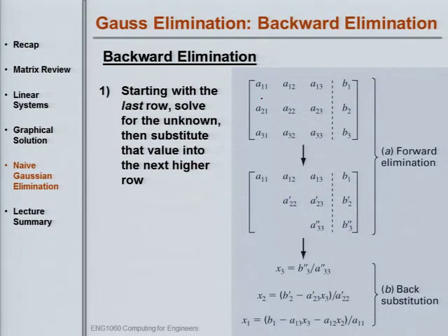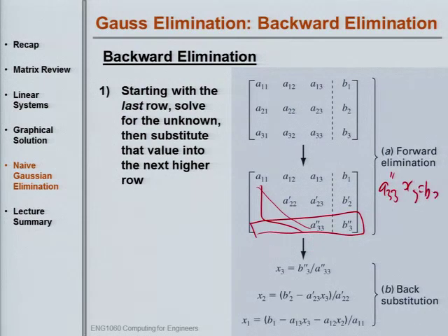Okay, so we've gone from this step, we've done the forward elimination, we've got to this point here where everything's 0. What this last equation here corresponds to is A33 double dash times X3 is equal to B3 double dashed. Sorry, it's a bit of a mess. We can actually solve this equation directly for X3. It's just equal to B3 double dash divided by A33 double dash. And you can see already, well, there's going to be a problem here, perhaps if A33 double dashed is also